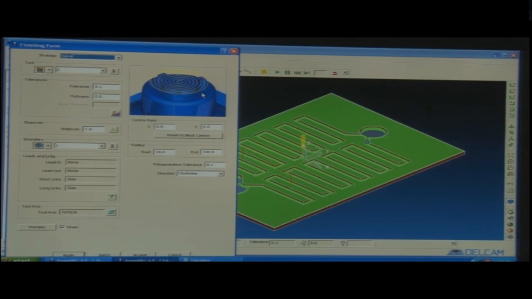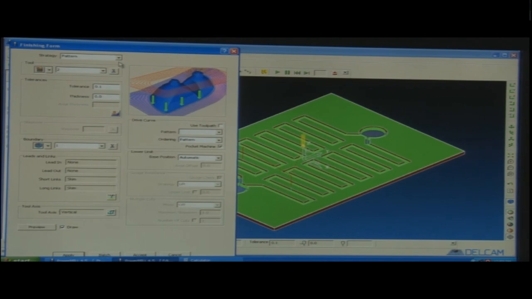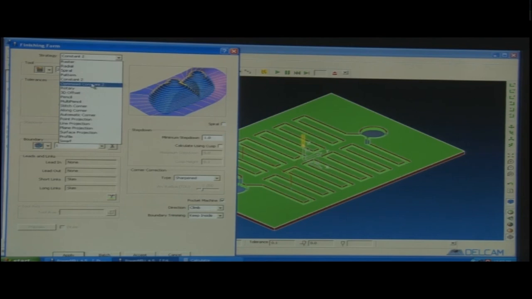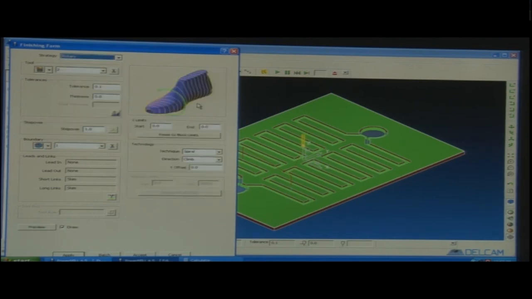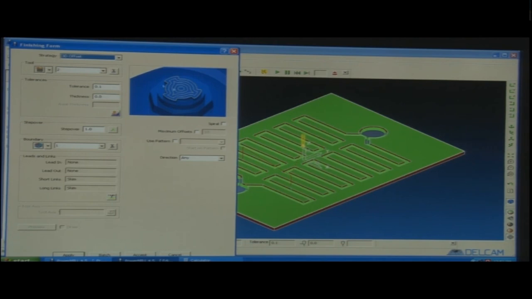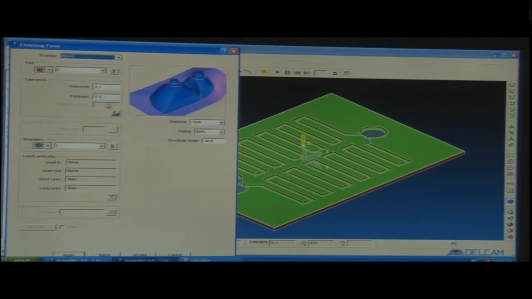Spiral, it is just taking care of the top surface in a spiral mode. These are all rastering patterns actually. Pattern, it is making a pattern in the small area. Then constant Z, it is keeping the Z value constant, coming down from the top to bottom in a circular ring pattern. Then comes rotary. Rotary is all around the job, the workpiece that is there. Okay, what is 3D offset? 3D offset is just for the top profile.